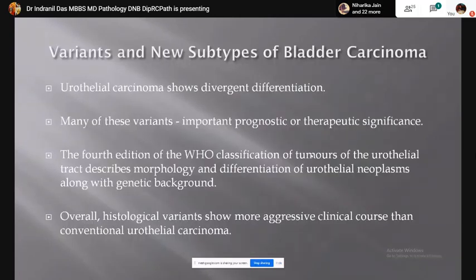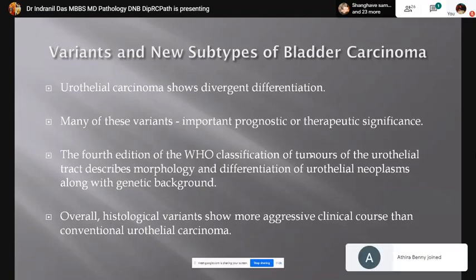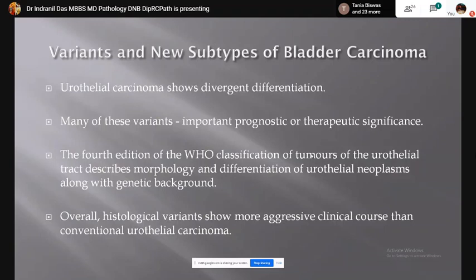Now we will discuss the different variants and new subtypes of bladder carcinoma. The urothelial carcinoma shows divergent differentiation. Many of these variants are important for prognostic and therapeutic implications. The 4th edition of the WHO classification of tumors has included a few new entities. We will discuss